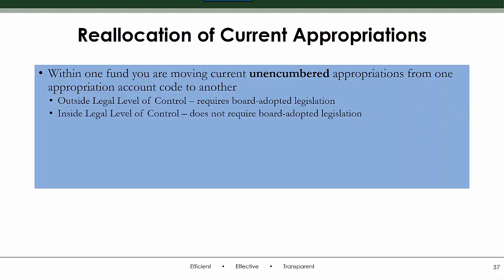If it is inside your legal level of control, it doesn't require board-adopted legislation. And that is why at the beginning of this webinar, I said we're going to hit points where you want me to go down the rabbit hole, but I have 15 minutes left to get through, and we can't go down rabbit holes. So there is a very good section in that video under Training and Transition 103, Chapter 1. You can just move that video forward to the section on legal level of control, and the manual that goes with it also has a printed section.